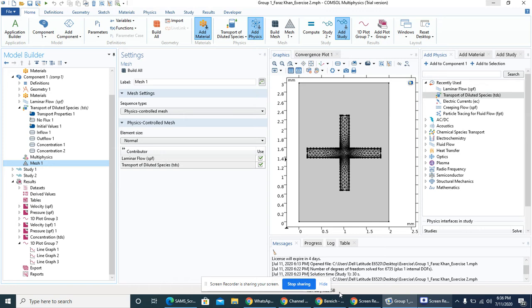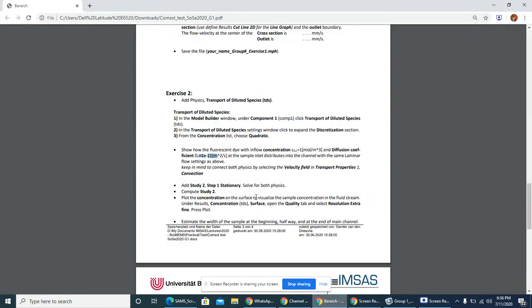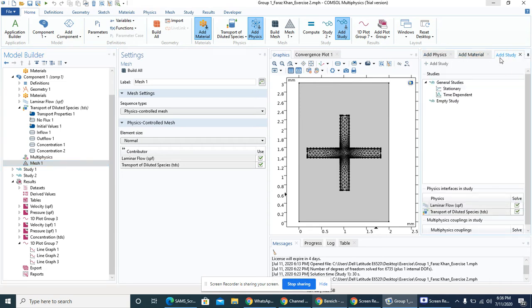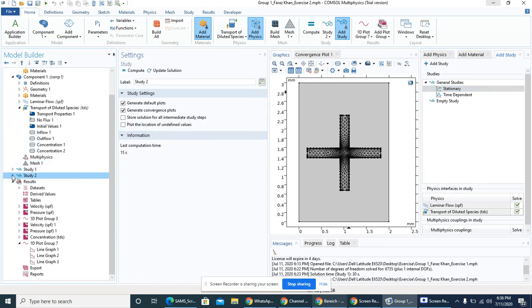And the next thing is that you have to add a study, and you can add a study in the add physics. In this model window bar, you can see there's an option, and here you just have to select stationary, and then it would be added like this, stationary, and this would be added here. And now you have to just compute it, and when you compute it,